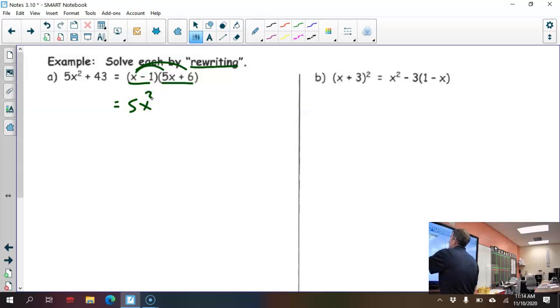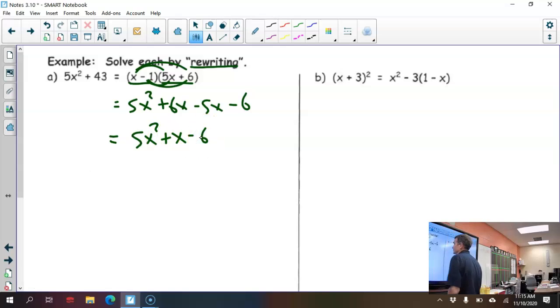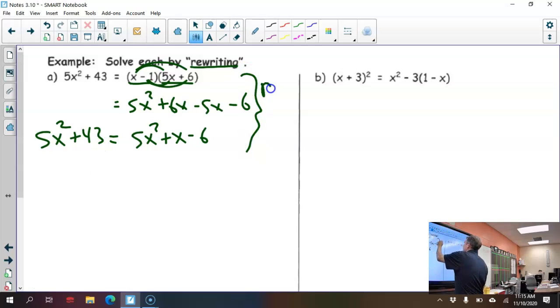That'd be 5x squared, and that would be plus 6x. Then negative 1 times that would be negative 5x. Negative 1 times that would be negative 6. And when I combine my like terms, I get this. Now, the other side does not need rewritten, so I can just bring it down. But all of this is rewriting,